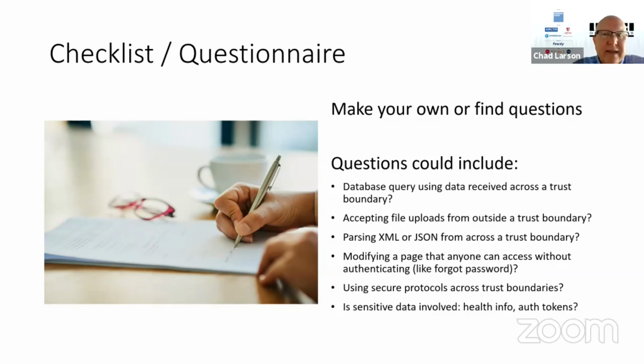Are we parsing data from across the trust boundary? Are we accepting file uploads? Are we using secure protocols? Is there sensitive data involved? These are things that will help us as developers, testers, business analysts, product owners to sit back hopefully and say, oh yeah, we do need to be careful of that. We are transmitting the bank balance. I forgot about that one property, or, we're parsing this thing that came in,